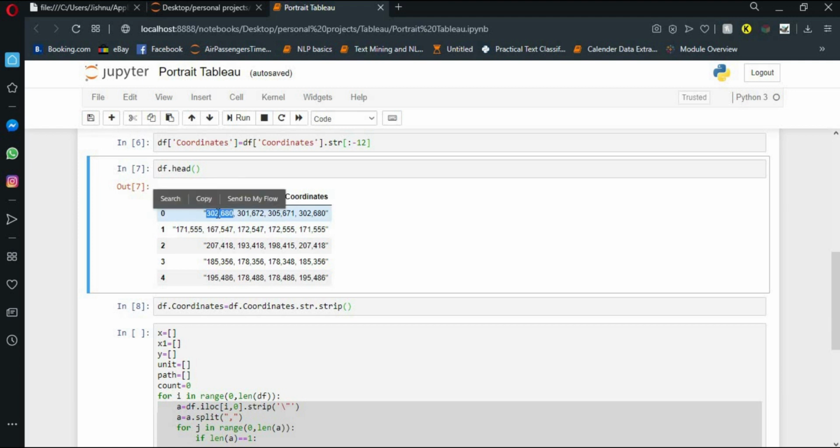So the first pair becomes my first path. The second pair becomes my second path. The third pair becomes my third path. The fourth pair becomes my fourth path, and the collection of all this becomes my one unit. Is it clear? Now if I move to the second step,